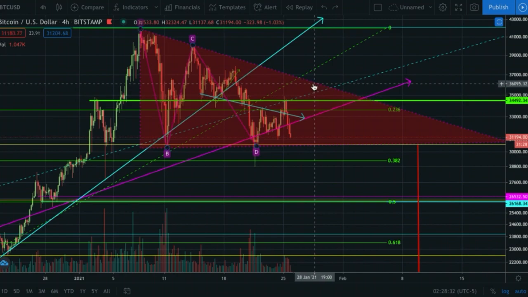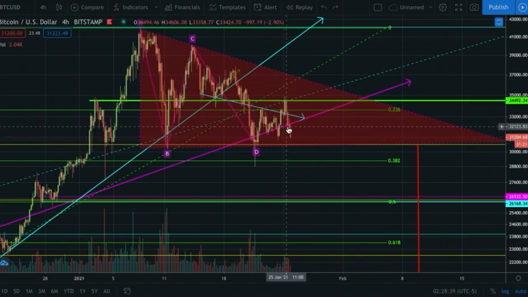But it's not unrealistic to think that we could still come back up here to like 36, 37,000. But we did exactly what I said over the weekend. We just oscillated within that futures range between those moving averages, and then basically just got a little extra strength at the end. I think I said we were going to oscillate between the bottom of the range, 30,000, and the top of the range would be 34,000. We pumped up right before traditional markets opened today, to like 34,500 or something like that.